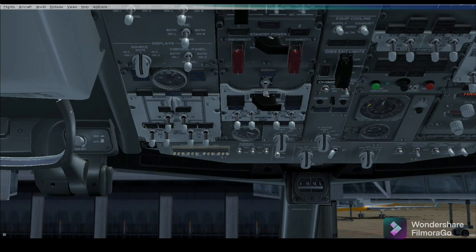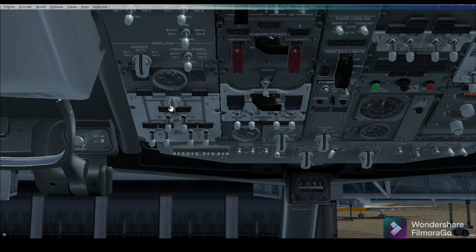The lower portion of this panel is arranged systematically, and the fuel pump switches represent the actual location of the pumps in the aircraft. These switches control the fuel pumps for tank 1 at the left, tank 2 at the right, and the center tank.